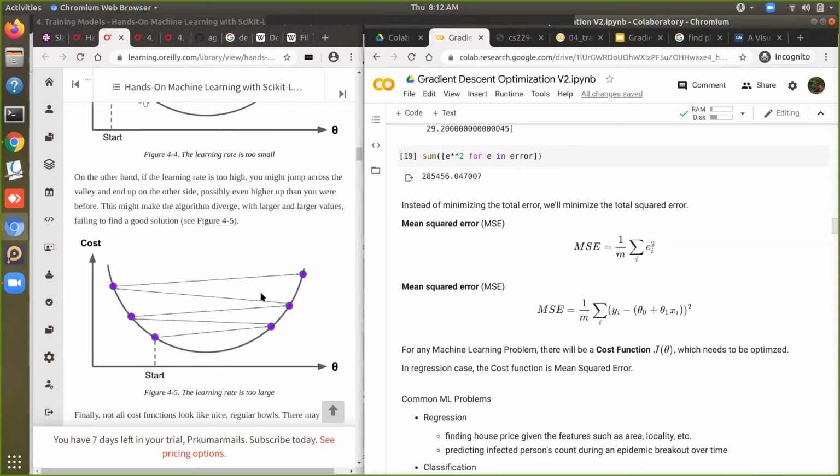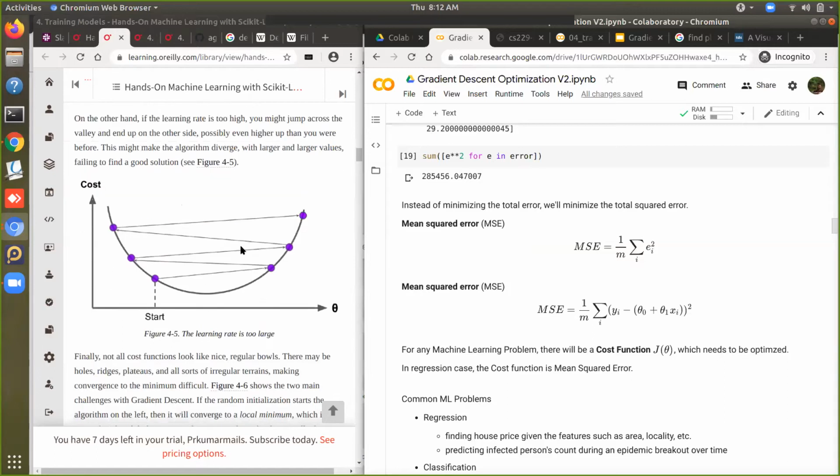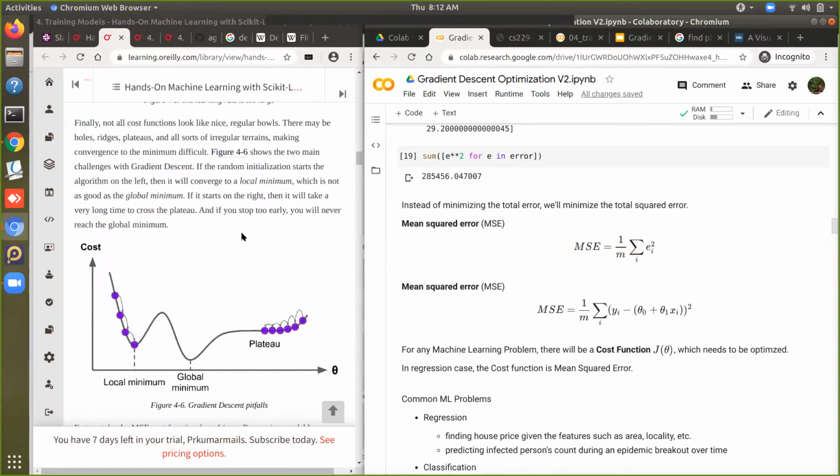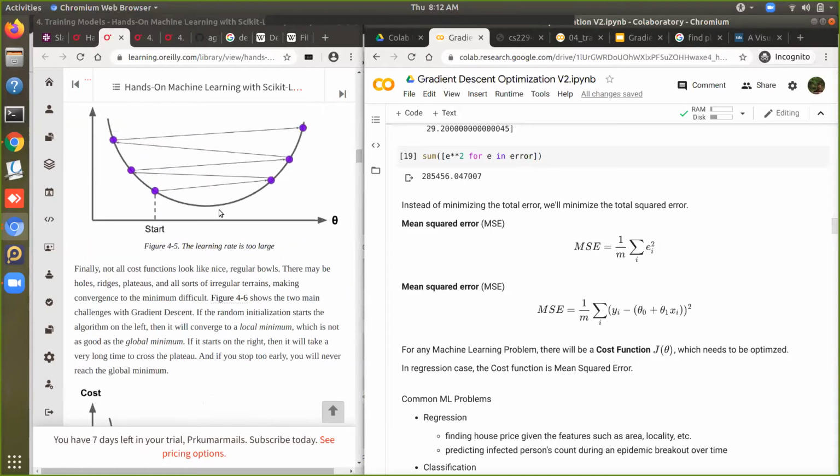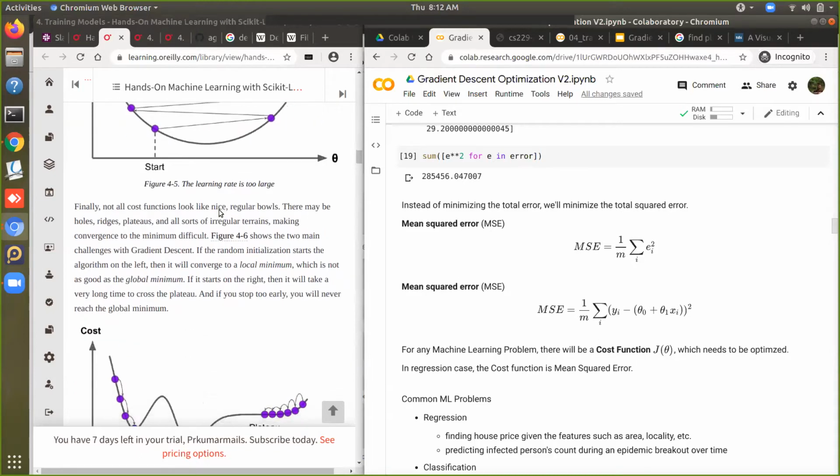So that's what is happening here. So what happens when the learning rate is very high? It will start from something, then it will be jumping hither and thither, never reaching the minimum. In some cases, when there are some noises involved,